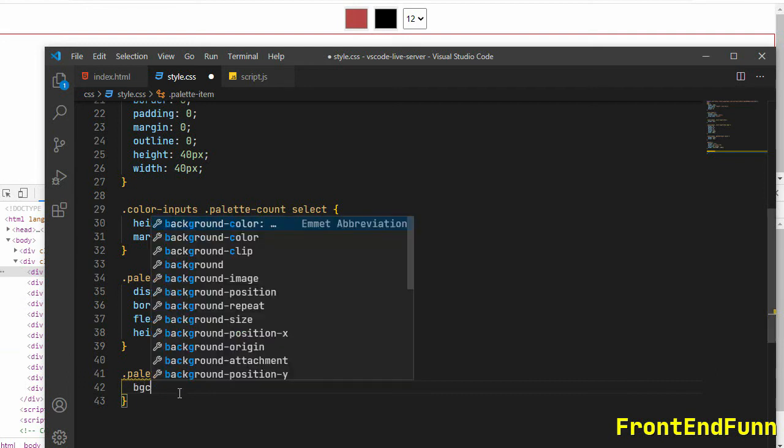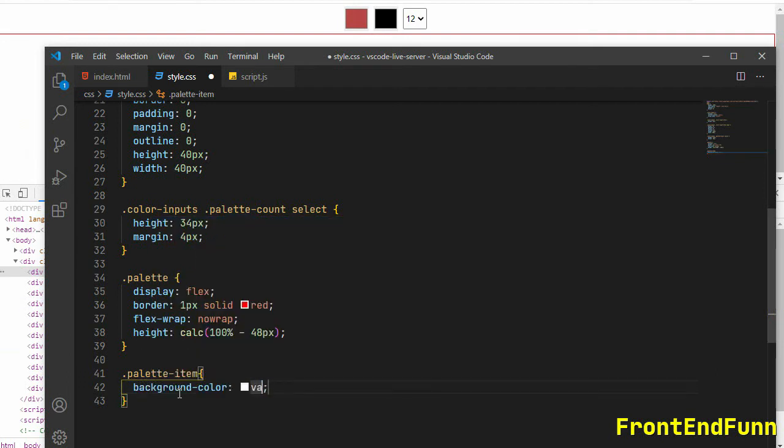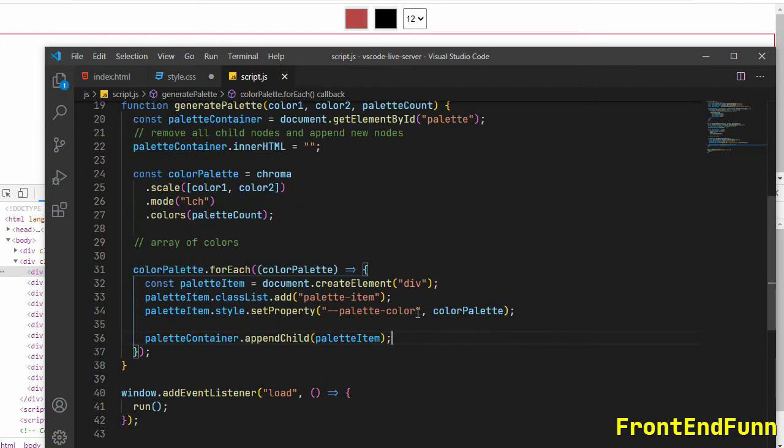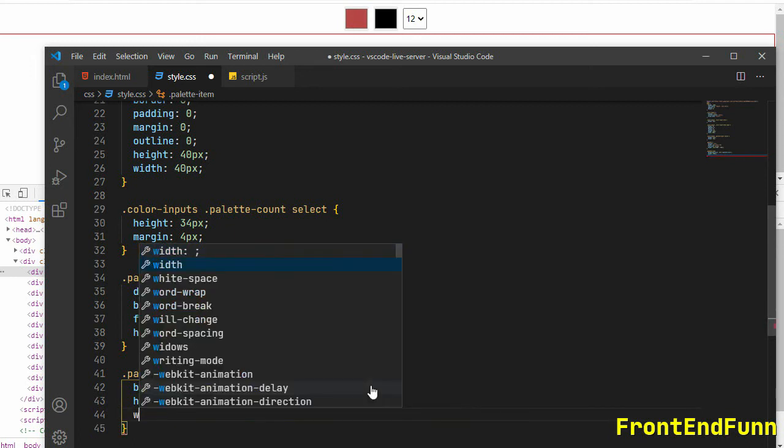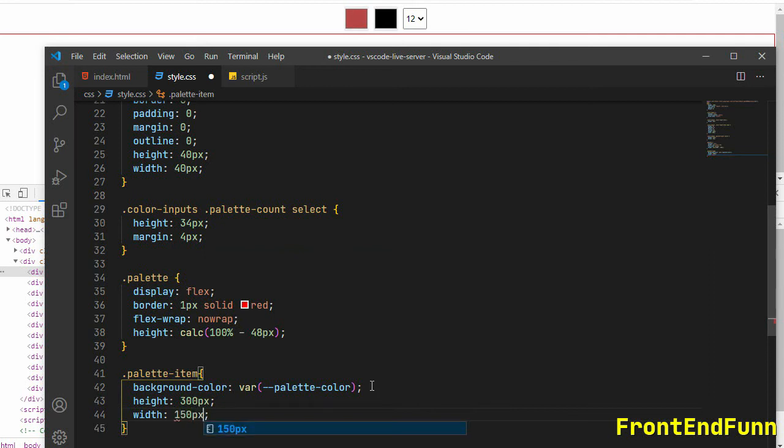So we'll set the background color to the variable which is generated there using JavaScript. Palette color, and let's give it a height of 300 pixel and width of 150.